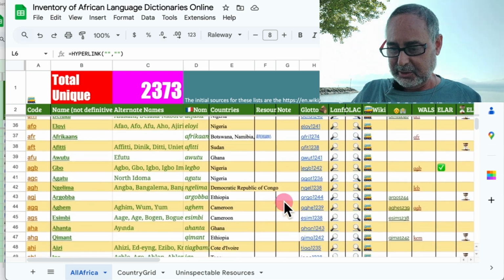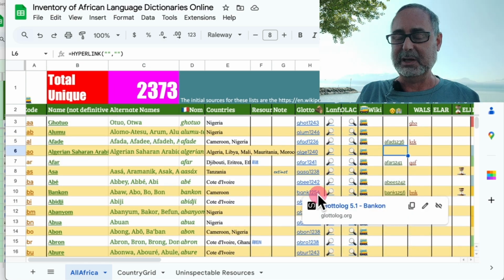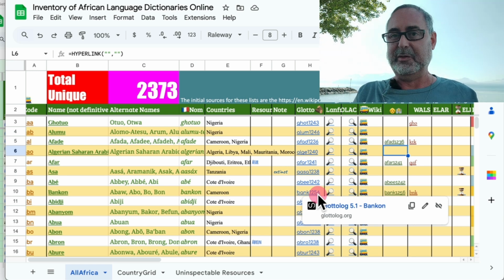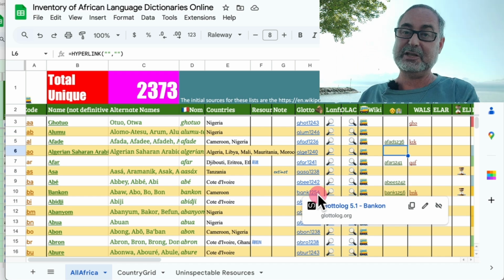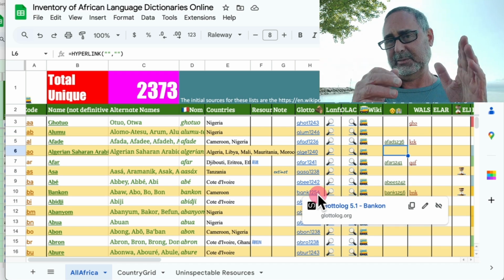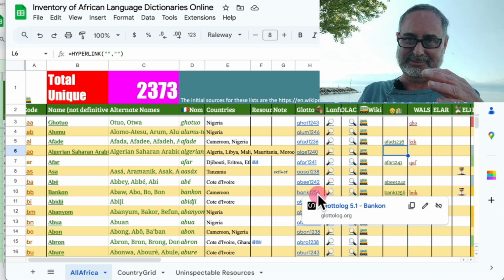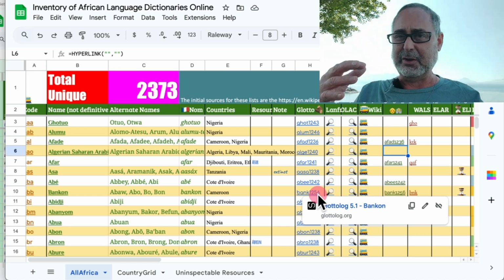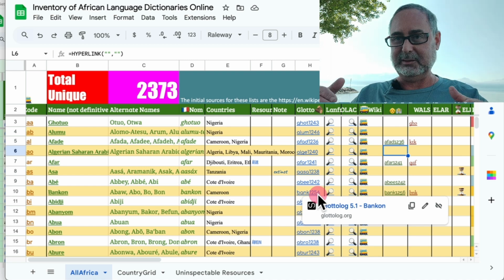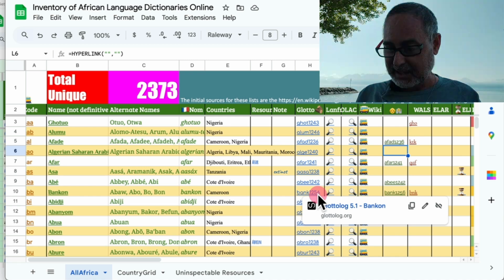Any sort of little note about the language, and then, as I said, not every language has a code from SIL, the agreed ISO 639-3 code. Some of them have this other thing called a Glotto code. Some of them have both. Sometimes Glotto calls something a dialect. Sometimes ISO calls something a dialect. It's complicated, and so I've gone through and tried to make those commensurate where there's one, where there's another,